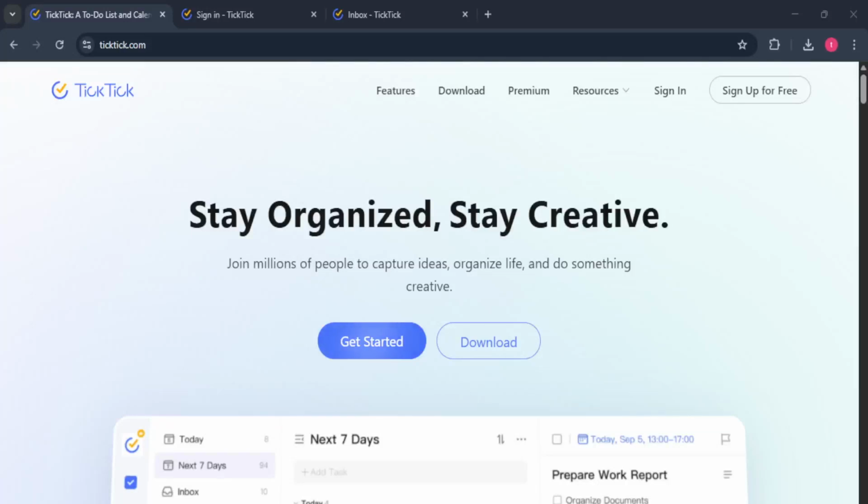In today's video, I'm going to teach you how to set up routines in Ticktick. If you're new to Ticktick or just looking to organize your day a little more efficiently, this guide is perfect for you. We'll walk through each step to ensure you have a clear understanding of how to create daily routines